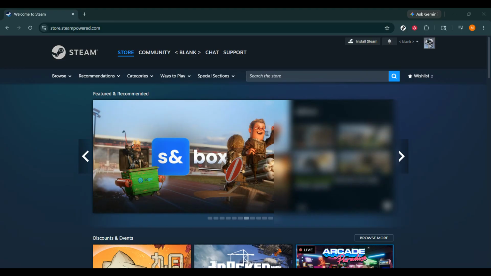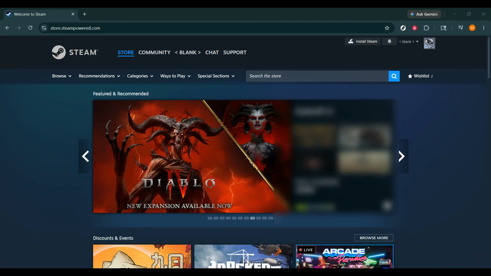This is perfect if you share a computer, manage multiple Steam accounts, or just want to jump between accounts without